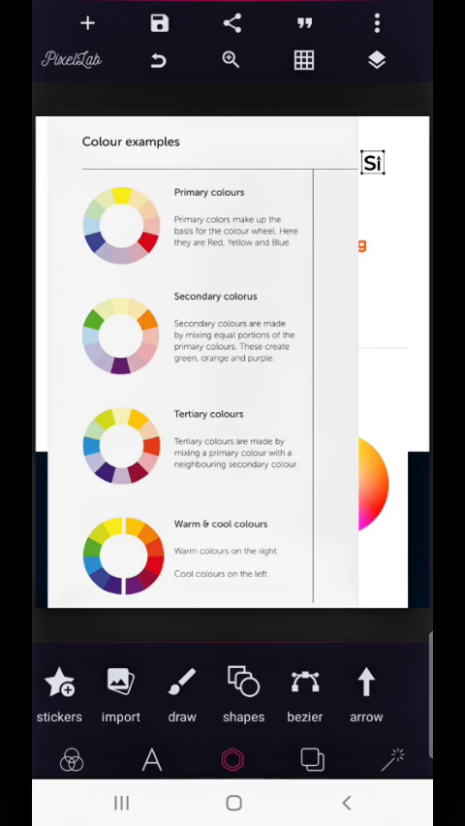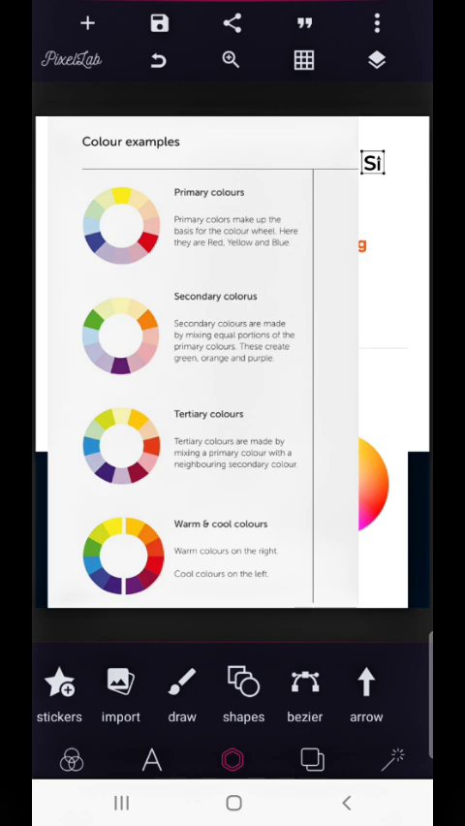So primary colors make up the basics of the color wheel. Yeah, the red, the yellow, and the blue. They are placed opposite each other. You understand? Kind of opposite, the yellow, the red, and the blue. So the secondary ones are also